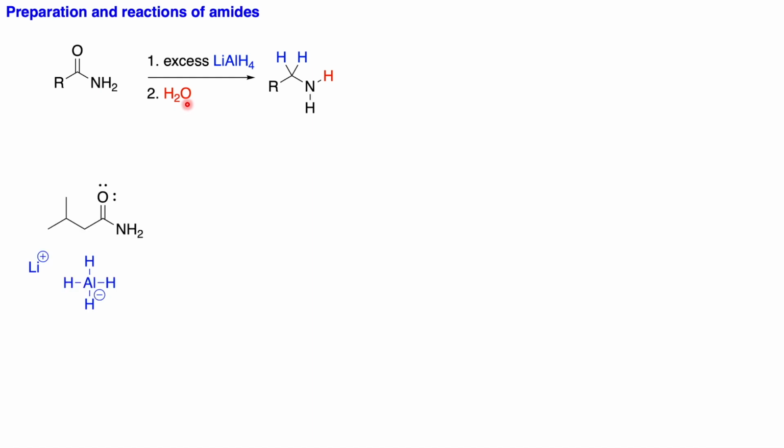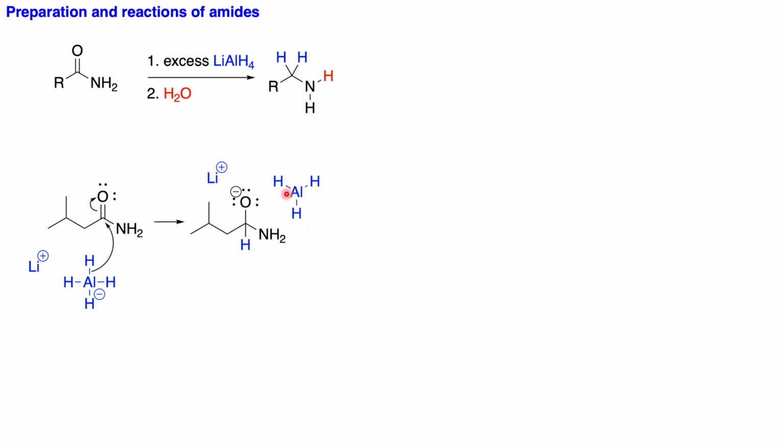So let's look at the mechanism for this and why it is that the oxygen is lost. Like other reactions with lithium aluminum hydride, the aluminum hydride serves as a hydride source, or a nucleophilic H- source. So that nucleophilic H can react with the carbonyl carbon, pushing electrons up onto the oxygen to form the tetrahedral intermediate, which is electron rich at this oxygen. The byproduct